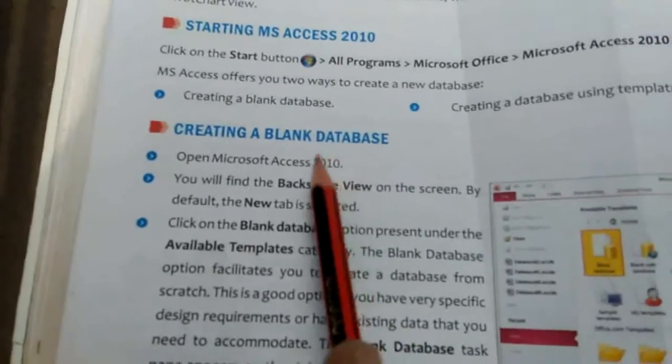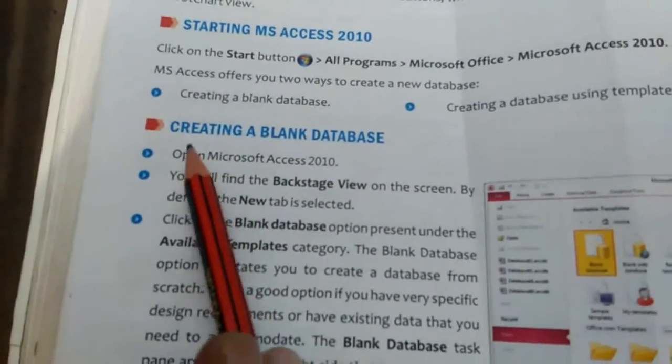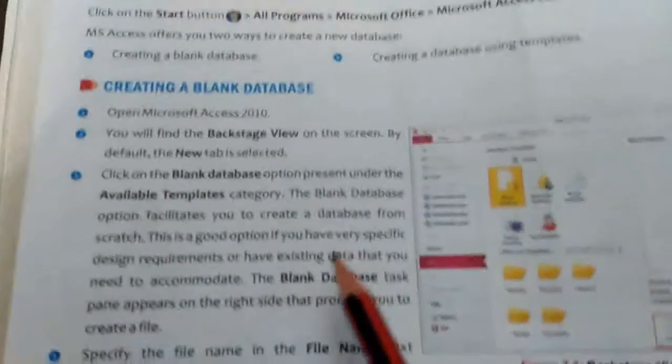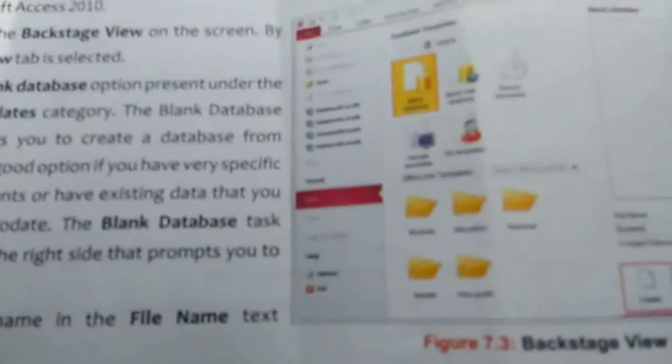So when you click create the blank database, you will see a picture like this. You will click this button.